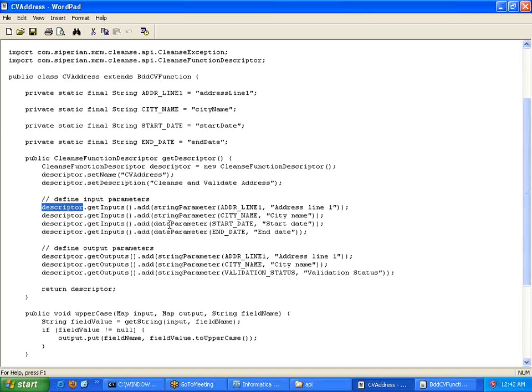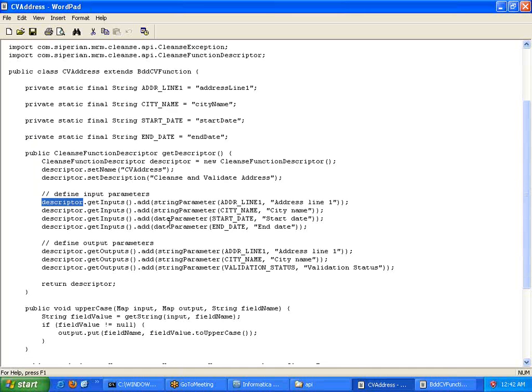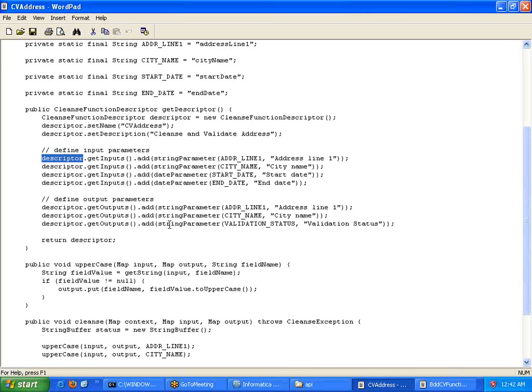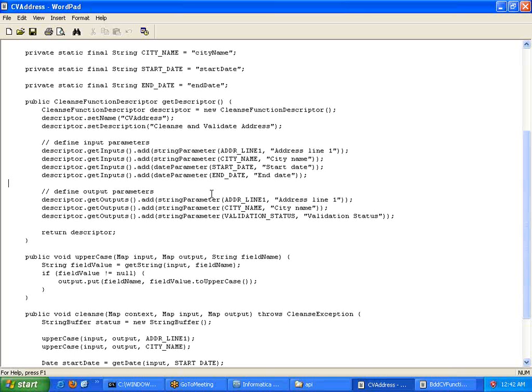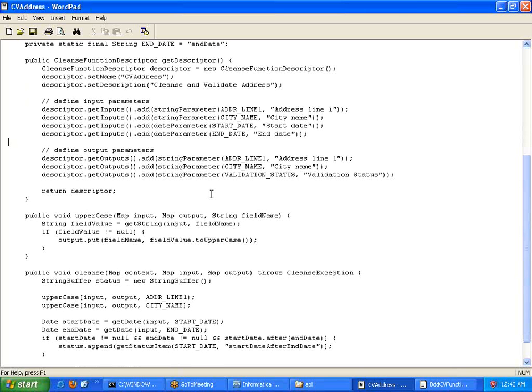We are populating the descriptor object for different input ports: address line 1, city name, start date, and end date. And once we do that, we get the data from the previous class function, let's say from the landing table.